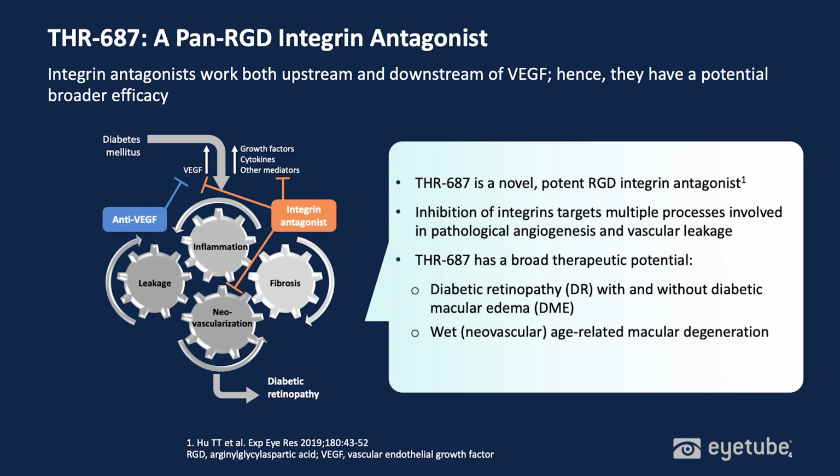THR-687 is a novel potent RGD integrin antagonist. Inhibition of integrins targets multiple processes involved in pathological angiogenesis and vascular leakage. THR-687 has broad potential in diabetic retinopathy with and without diabetic macular edema, as well as neovascular AMD. One thing to know about integrin is that they work both upstream and downstream of VEGF, hence they have a